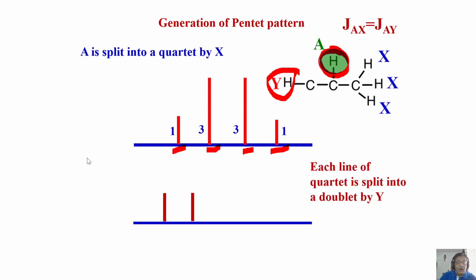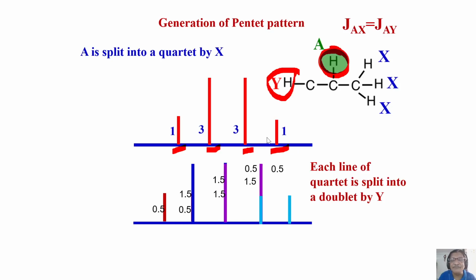What is intensity now? 1 becomes 0.5, 0.5. What is this intensity? 3. Intensity should be 1.5 plus 1.5. Because the coupling is same, two lines here overlap. Okay? This line overlaps with this. Now this one. Again, intensity will be 1.5 plus 1.5 here. These two lines overlap. What about this one? This is intensity 0.5 and 0.5 because of this.